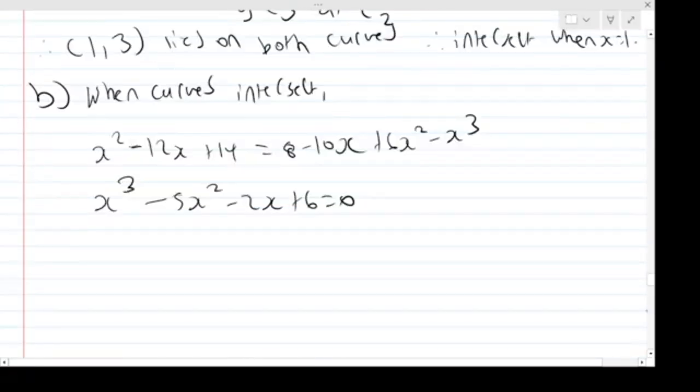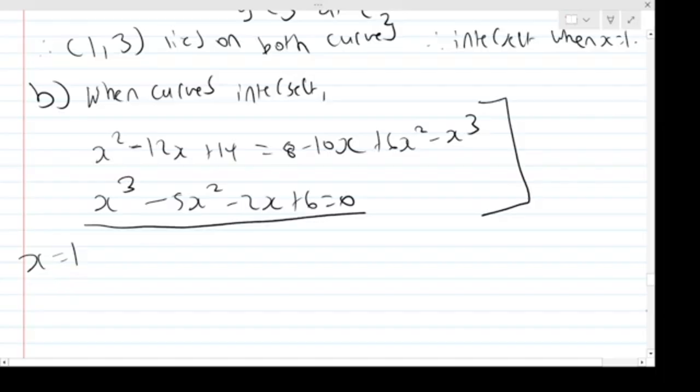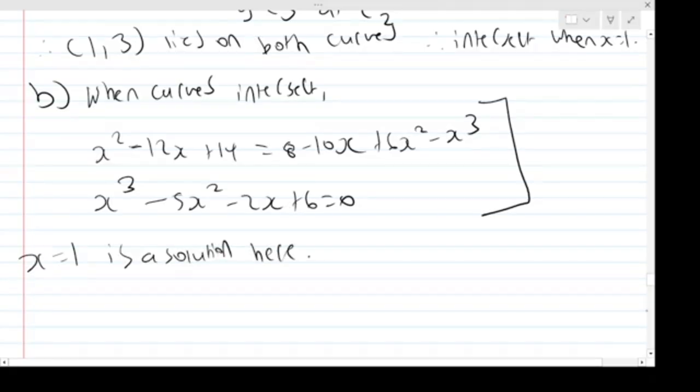So when we equate them together, kind of like simultaneous equations, because they intersect, and we already know one value of x when they intersect, we saw that in part A, when x is 1, well, that means it has to be a solution to this equation which stems from when they intersect. So x is 1 is a solution to this equation that we've got here,